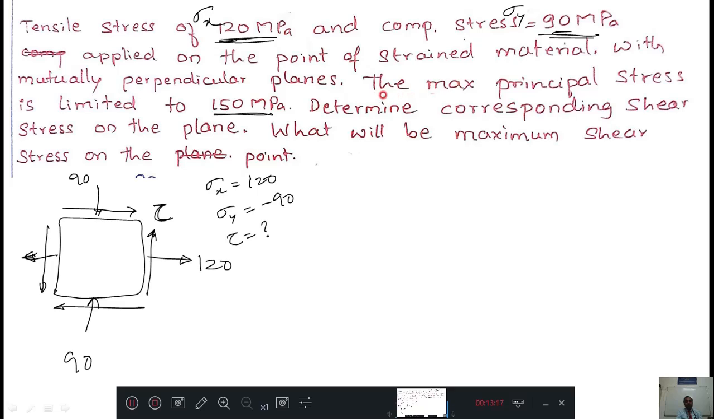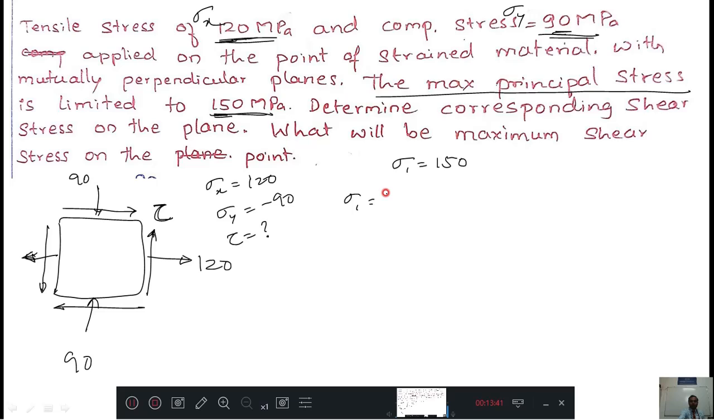Here one thing is given, the maximum principal stress. Maximum principal stress 150. How can you write that? That is sigma 1 equal to 150. Maximum principal stress is given as 150. Then you already know the equation, that is sigma 1 equal to,